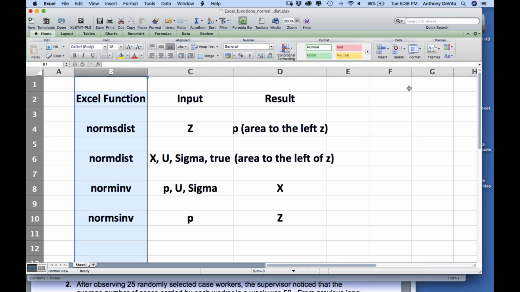First thing I want to bring up is that a couple of people asked me to discuss, rather than using the tables to find areas in the normal distribution, to use Excel instead. Excel, as you already know, has many statistical functions built into it already. But when we're talking about normal distribution, calculating confidence intervals, calculating probabilities for selecting an individual in a population,